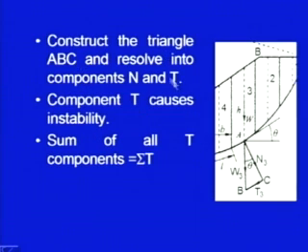Construct the triangle ABC, and resolve the components to get n and t. The component t causes the instability. So, this is what we have been discussing. This component t which is acting over here is causing instability, and this component n is going to give the normal stress, using which the slice will derive its